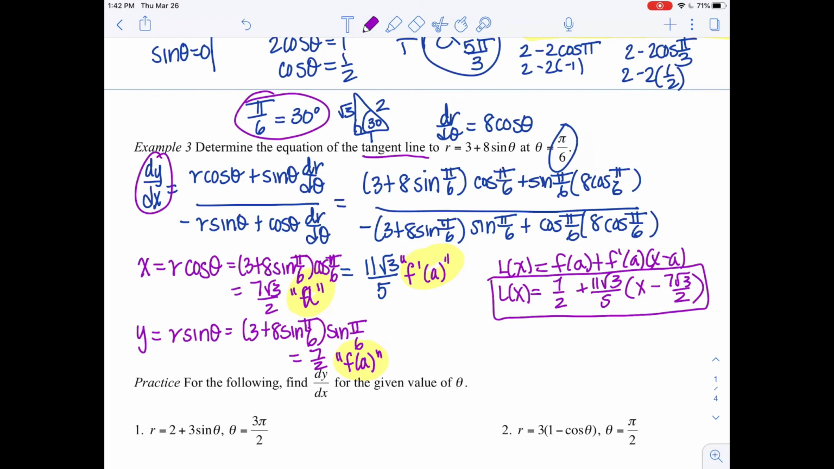The most important thing I wanted to show you in this problem, not only how to evaluate something like pi over 6 equals 30 degrees and get some of those exact values, but also how do you actually do the tangent line for this. So again, remember, you're still doing normal L of x. The tricky part now is, though, you can't be using r and theta for a and f of a. You have to actually find out what is the x point of where you're making your tangent, what is the y point of where you're making your tangent, and what is the derivative of y with respect